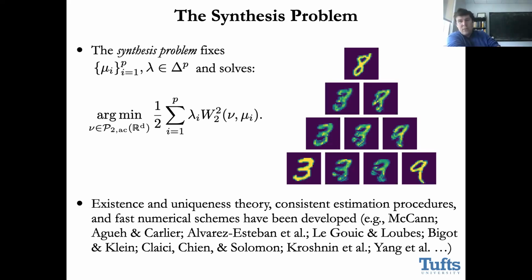them on the vertices of this triangle here. And what I'm showing you in the middle are Barycenters that were computed from the 3, 8, and 9 using different weights. As I move along, let's say, this left edge of the triangle, I'm interpolating between 3 and 8 by putting increasing amounts of weight on, let's say, 3 or 8. And same along the other edges. In the middle, what I have is somehow like an average of 3, 8, and 9.